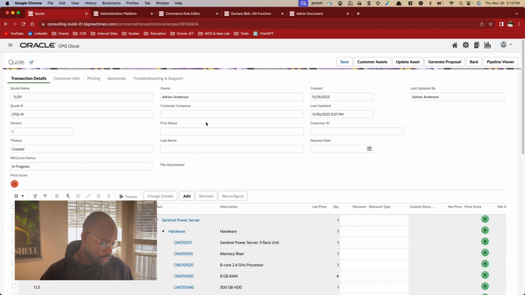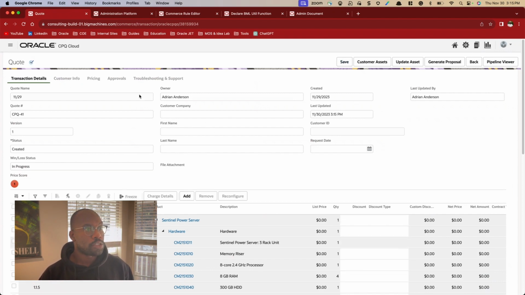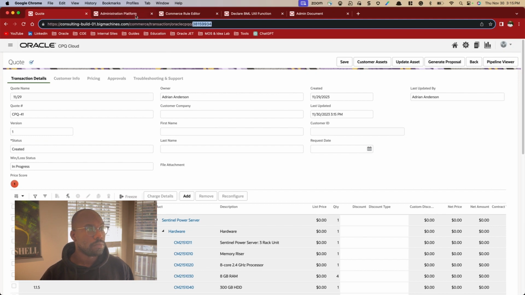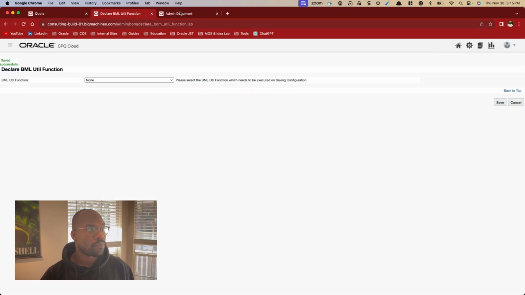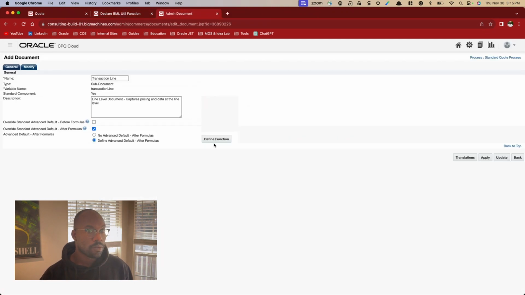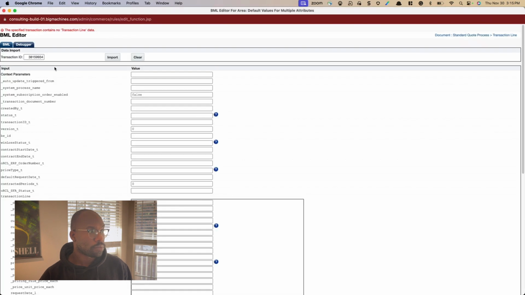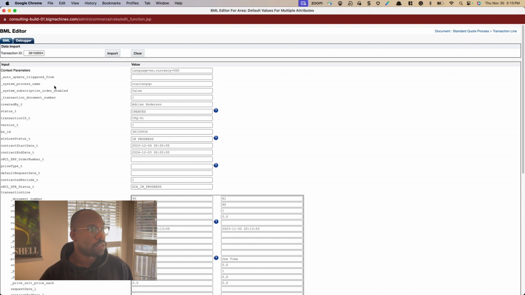Okay, wonderful. And then lastly, to make sure we're getting the instance ID and action code, we need to make sure that this system attribute is true. System underscore system underscore subscription underscore order underscore enabled. It should be true. Right now it's false. So to get this to be true,